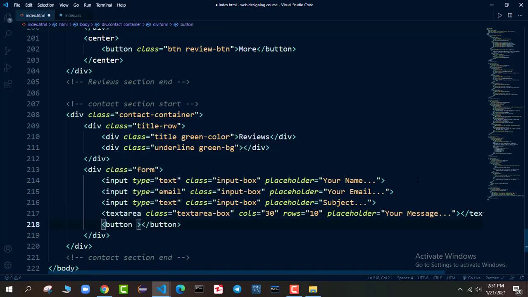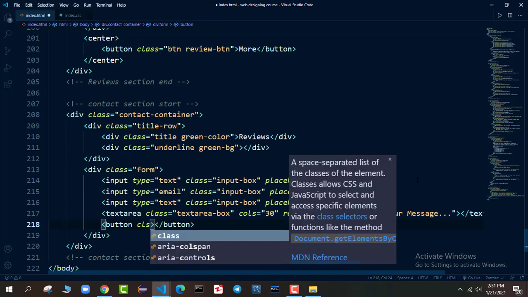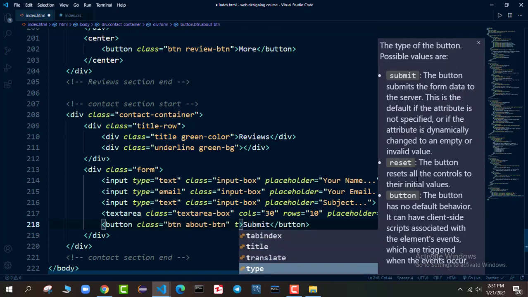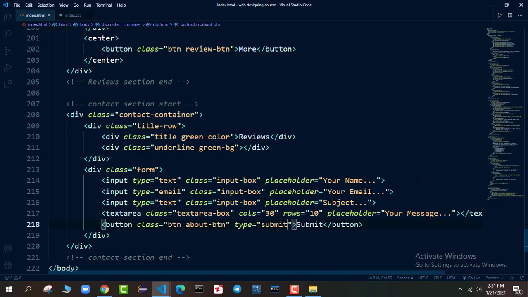I will provide the class to the button, which is btn, and I want to apply the btn same as about btn. I will say submit as text, and we need to change the type of this one to submit. And that's all that we will do in our HTML.